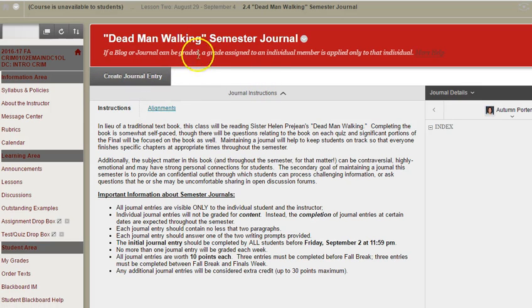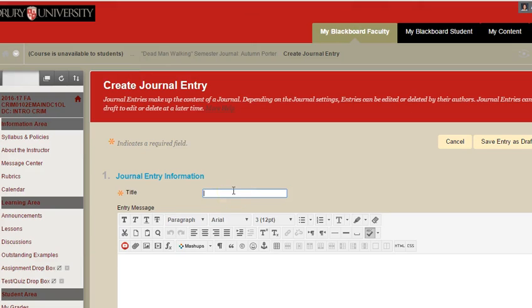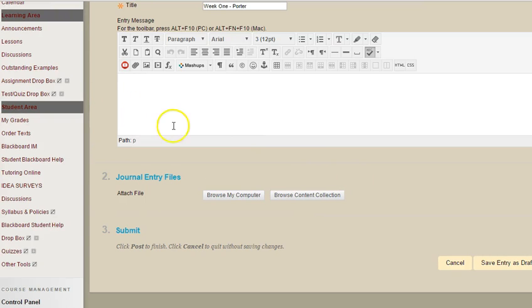To get started, I want you to click on the gray button in the top left-hand corner that says Create a Journal Entry. You can list in here the title of the chapter, the week number, the date, whatever you want to do. For the example I'm going to use now, I'm just going to write week 1 and my last name. Then you're going to answer the writing prompts. It doesn't show up on this screen, but when you log into your journal entry, it's going to give you the questions that go along with each one of those journal entries, and you're just going to respond to,